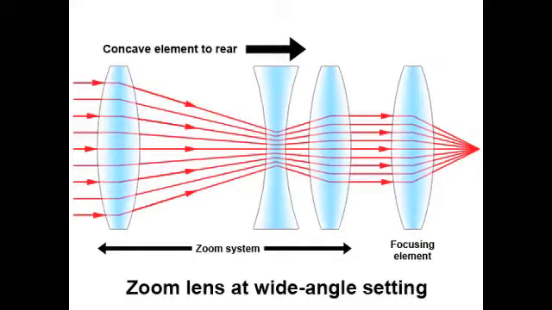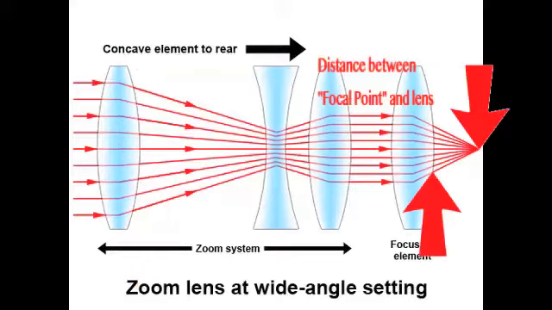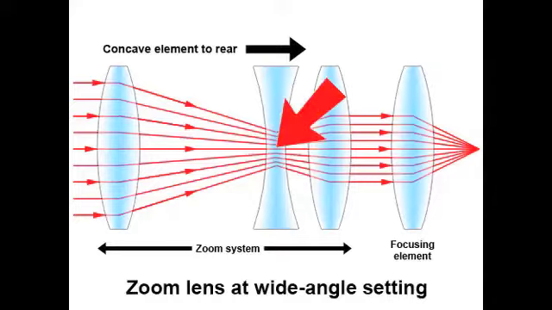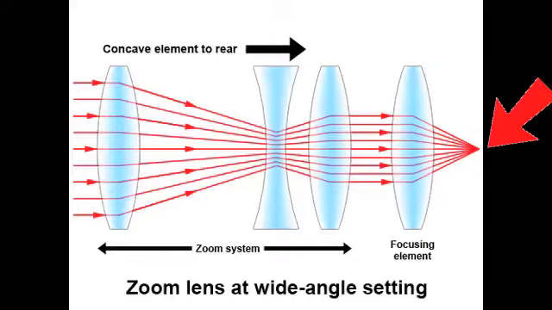So in the diagram we're looking at right now, we can see the relative positions of the lens elements when the lens is set to a wide angle. In other words, the concave lens is pulled far back enough where the image itself is much wider and has a very small focal length. Now, as you can see, the path of light entering the front element of the lens is narrowed, producing a lower magnification. And as a side effect of this, it also concentrates the light entering the lens, right? And this allows all to fall on the sensor, which is why your wide-angle lens will have more of an